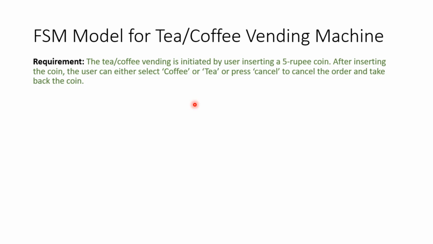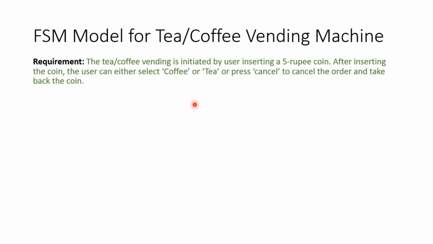So let us try to model this using a state machine, finite state machine basically. Initially, what is the first stage? We should be able to decide upon the number of states required. Right? So which are the states required here? How many states may be required?